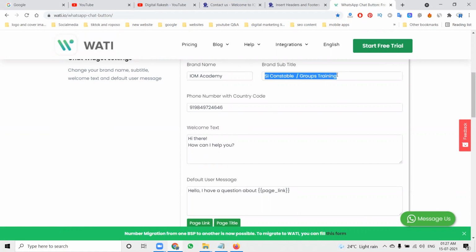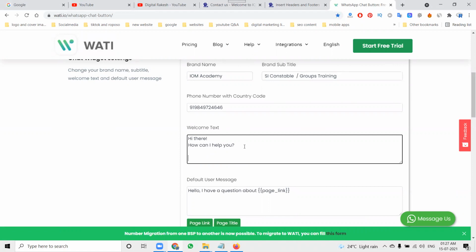So suppose they're providing two options right now. Group training. It's constable training.